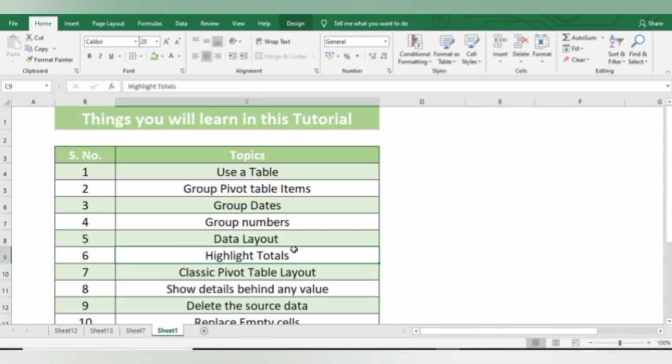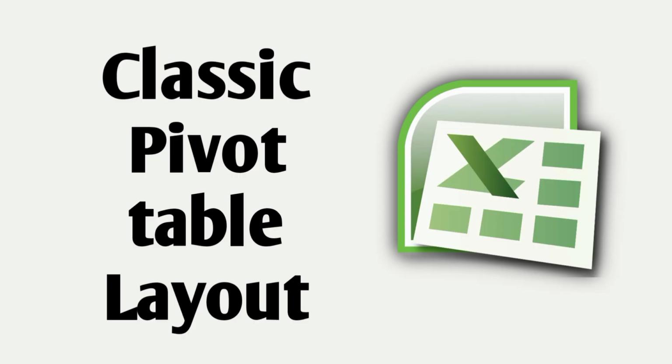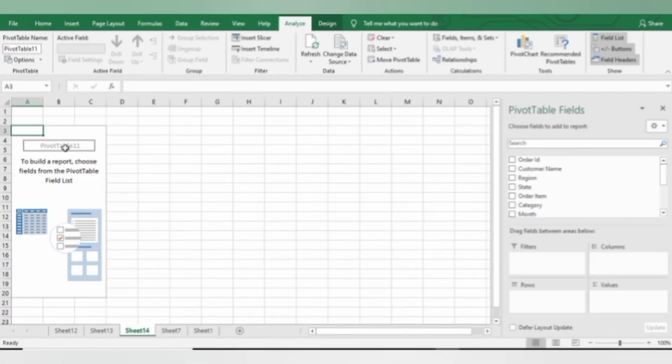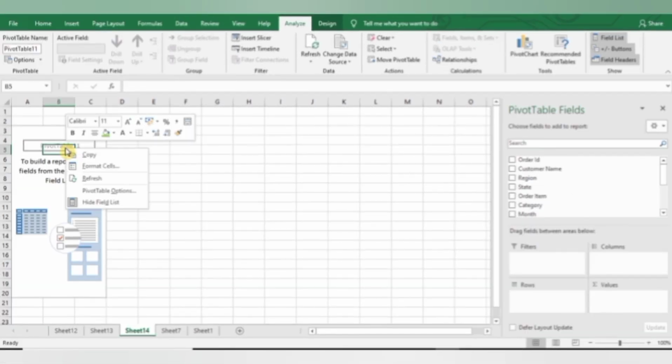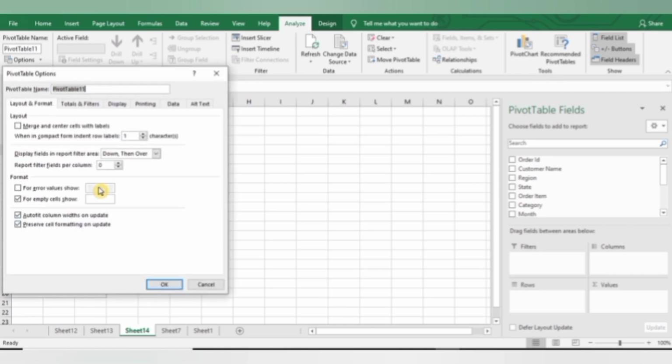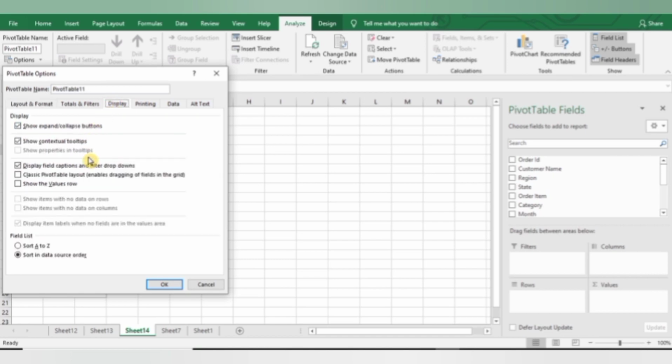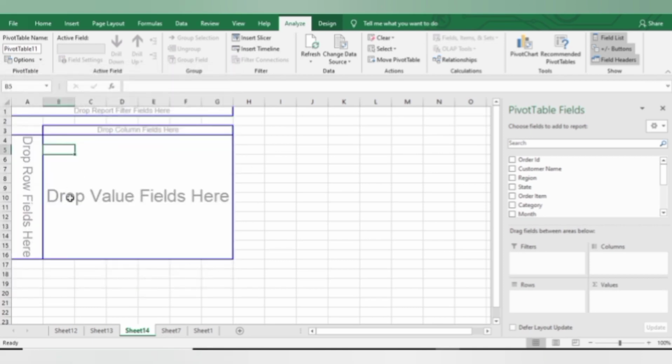Now next is classic pivot table layout. For this, right click of mouse and then go to PivotTable Options, and then from here go to Display and then click on Classic PivotTable Layout. So this is the classic pivot table layout where you need to drop your items like this.